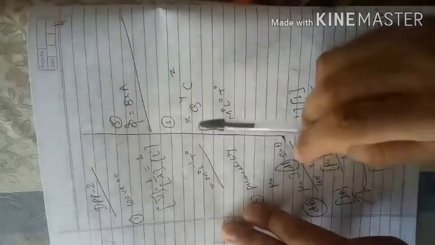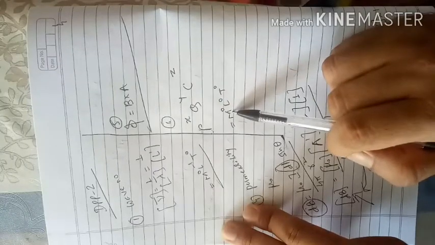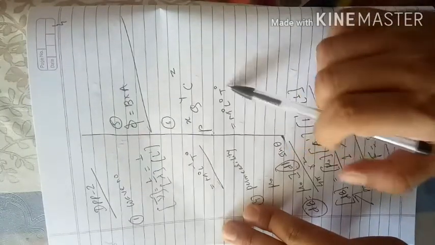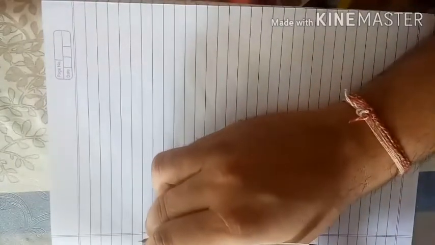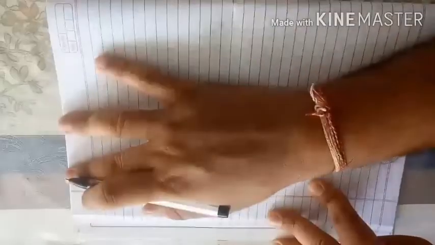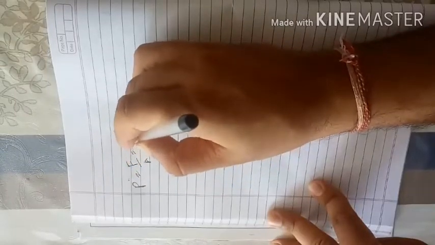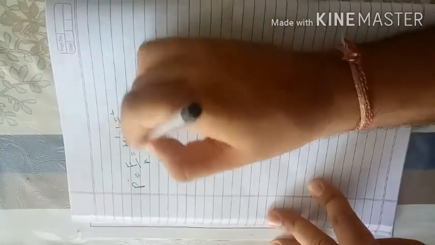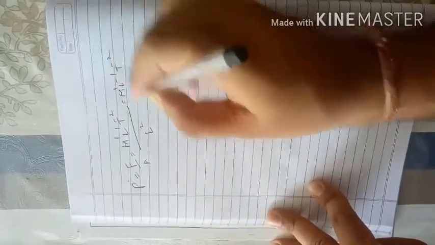we'll just compare LHS and RHS, right. The power of M equal to power of M, that is 0, power of L equal to power of L, that's 0, and power of T equal to power of T. So we'll try to solve this. Let us solve this. In this case you can see that P represents the radiation pressure, so force upon area, so M1 L1 T minus 2 upon area, that is L raised to 2. So we'll get M raised to 1, L raised to minus 1, T raised to minus 2 as the radiation pressure.